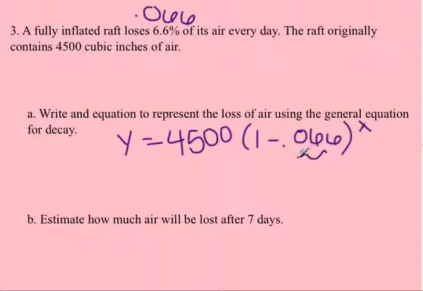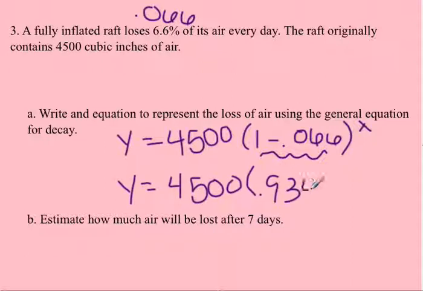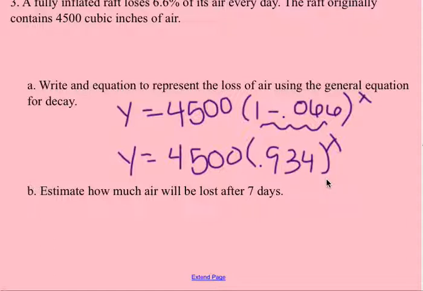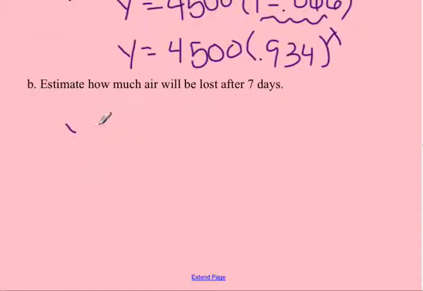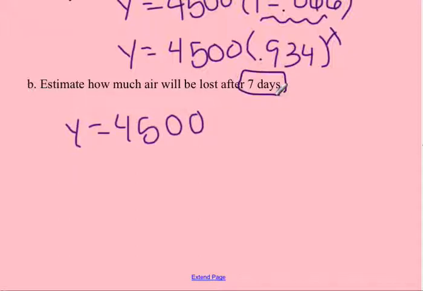So now we can go ahead and fill in and subtract that. So y is equal to 4,500 times 0.934, because that's what you get when you subtract those. Now we want to estimate how much air is going to be lost after 7 days. So I'm going to take the equation that I had written, and now my x, my time measurement, is going to be 7. So I'm going to plug in my exponent as 7. You want to make sure that you are plugging that in correctly. So when you do that, you end up getting